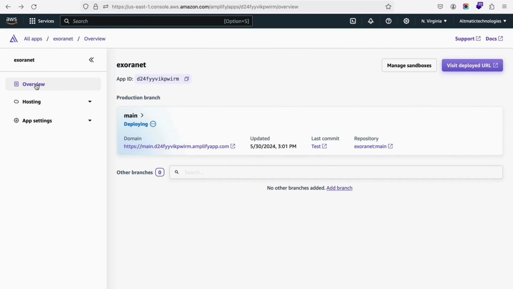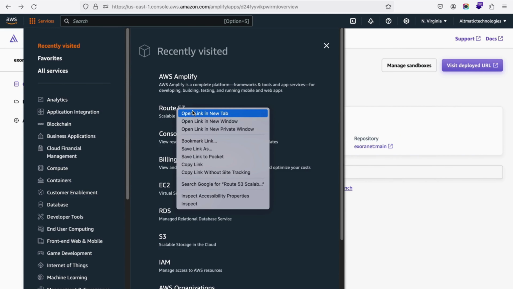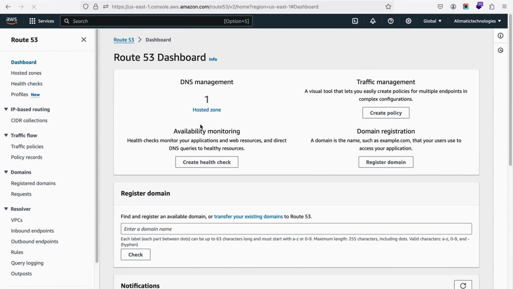This is still deploying, so it will be done in a few seconds, but it's taking some time. So let us first go to this AWS Route 53. I'm opening a new tab, and here I'm creating